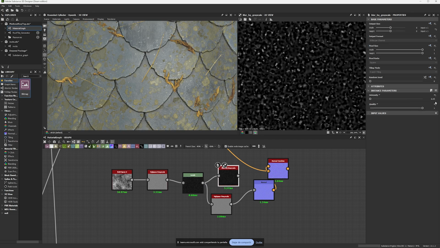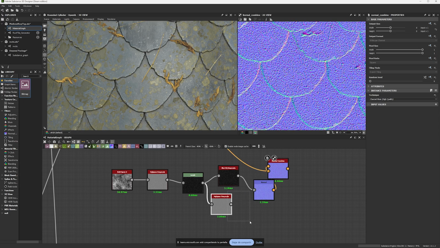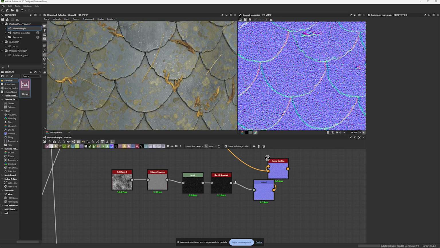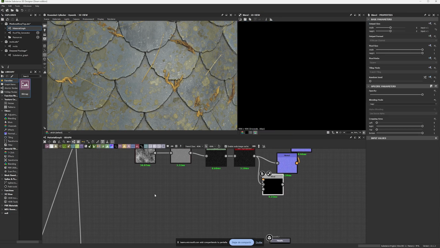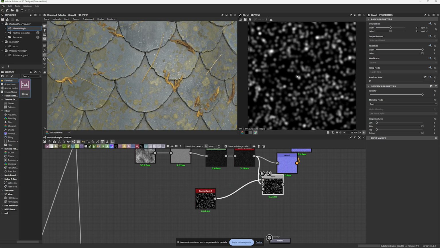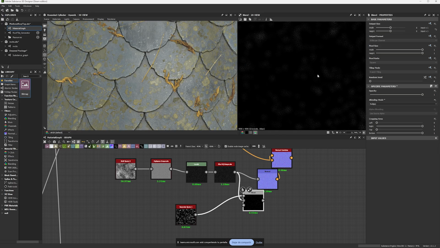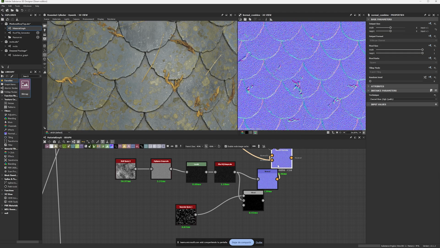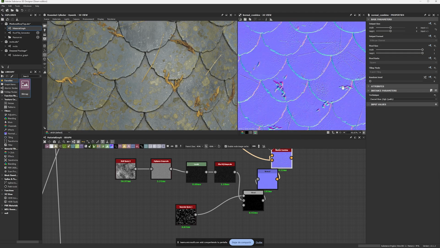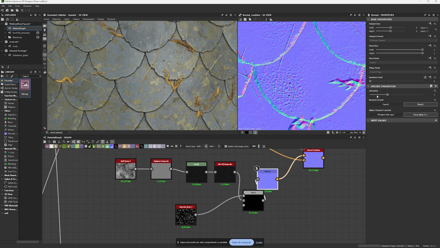Again, you need to be really, really careful with the amount of details you want to use. And you can start going by that. You can also, of course, mask this. Let's say I could also use a blend node, use Gaussian spots here, combine them like this, and then go for multiply. This is going to allow me to have specific areas with this, and it's not going to be everywhere. So now if I pull this in, you see there's some areas that have this kind of, let's say, damage on it. And of course, you can lower the normal intensity.